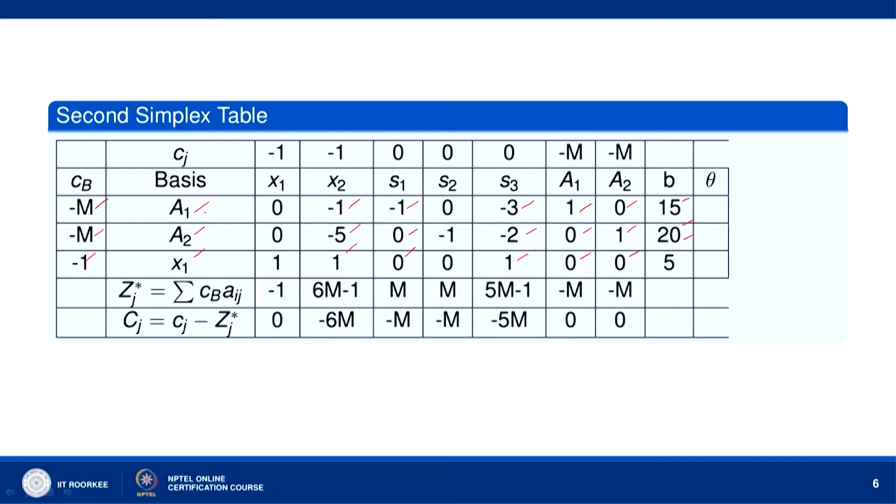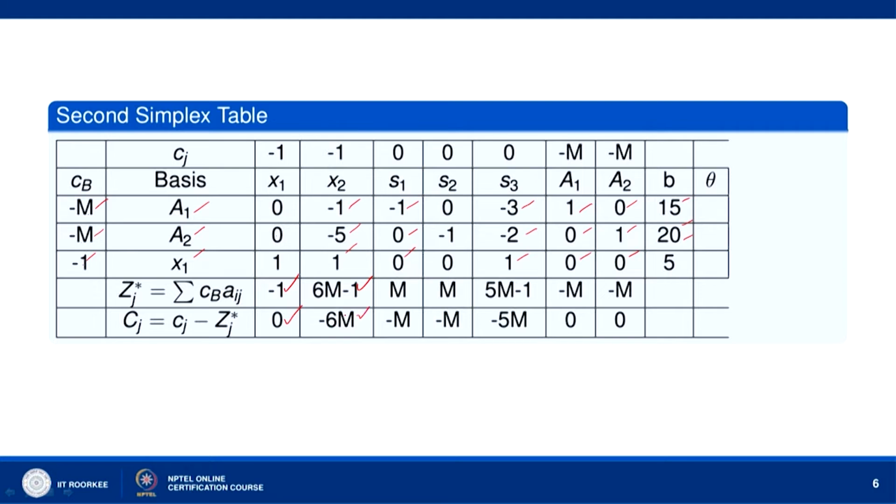So, minus m into 0 0, minus m into 0 0, minus 1 into 1 is minus 1. So, we get minus 1. Minus 1, when we subtract from minus 1 we get 0, and here we get minus m into minus 1. So, plus m, minus m into minus 5, plus 5m, 5m and m becomes 6m, 6m minus 1 we get. So, when we subtract 6m minus 1 from minus 1 we get